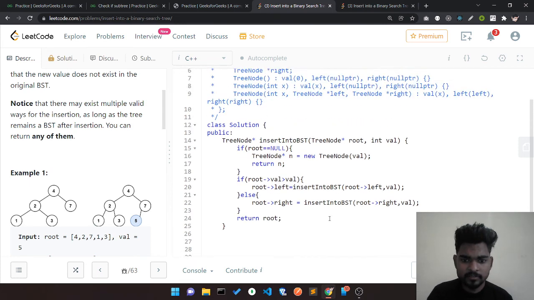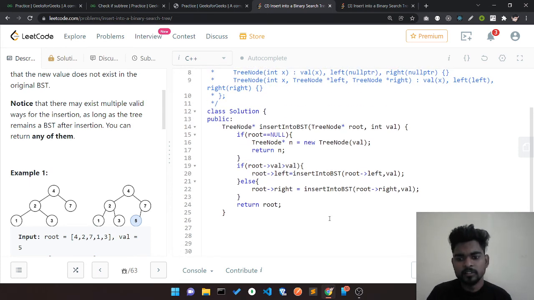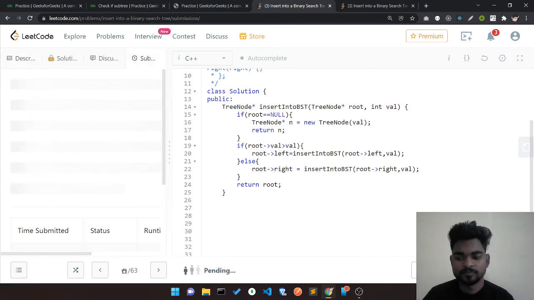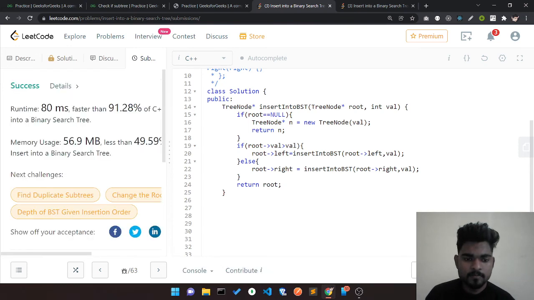Yeah, that's my code. Let's submit our code, guys. And boom, it's accepted.